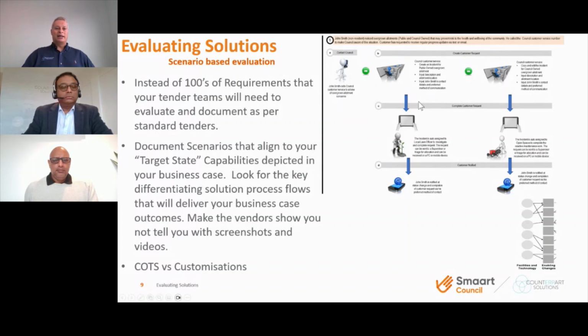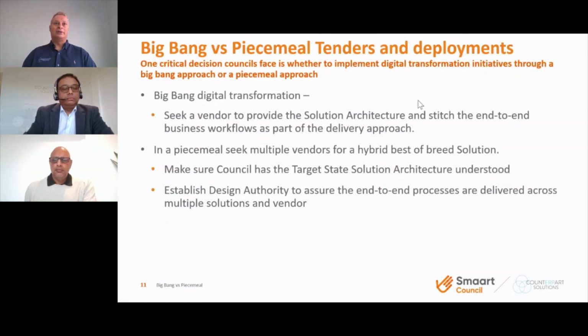So if we talk about, okay, how do we do this? Now we've understood what's out there in the landscape, in the solution space, and do we go big bang? And what I mean by big bang is one implementation that deploys the digital transformation initiatives or capabilities that we talked about in a big bang approach to the business. So we roll it all out in one big hit. The other approach is to look at it from a piecemeal approach where we can seek multiple vendors to deliver those capabilities we've outlined and pick the best of whatever's out there in the market to deliver what we want.